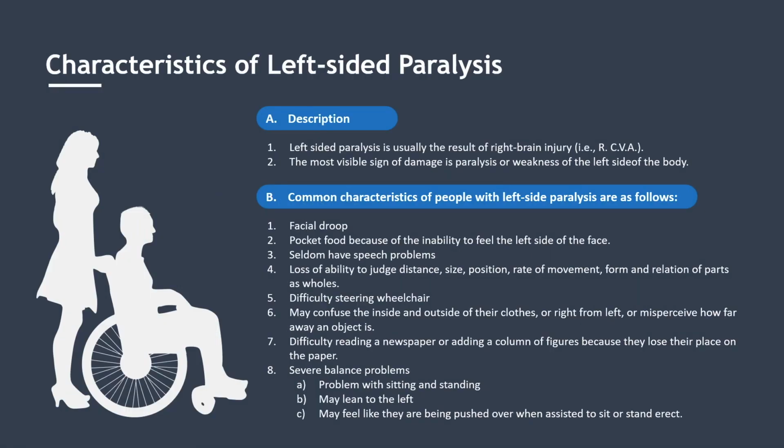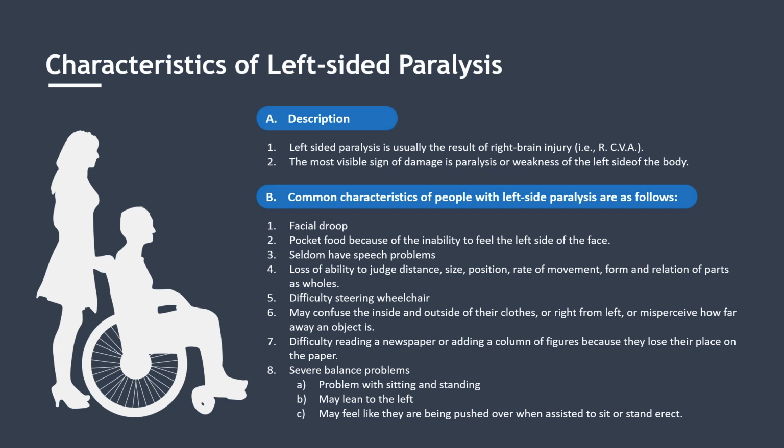Characteristics of left-sided paralysis. Description: left-sided paralysis is usually the result of a right brain injury. The most visible sign of damage is paralysis or weakness on the left side of the body. Common characteristics of people with left-sided paralysis are as follows: facial droop, pocket food because of the inability to feel the left side of the face, seldom have speech problems, loss of the ability to judge distance, size, position, rate